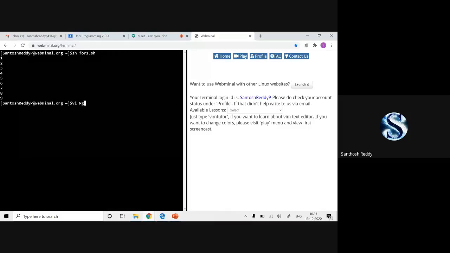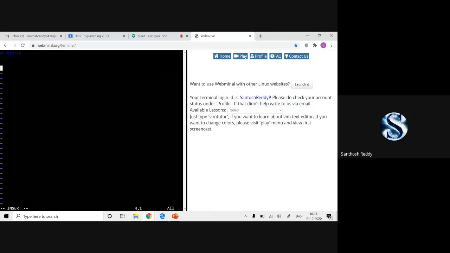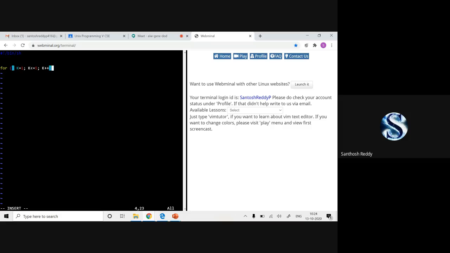vi program 15.sh. /bin/sh. Now, what are the statements we need to write? for k is equal to 1, k less than or equal to 5, k plus plus. Put a semicolon. Do